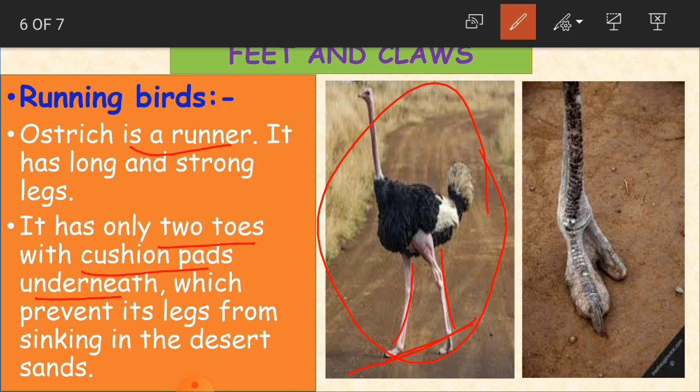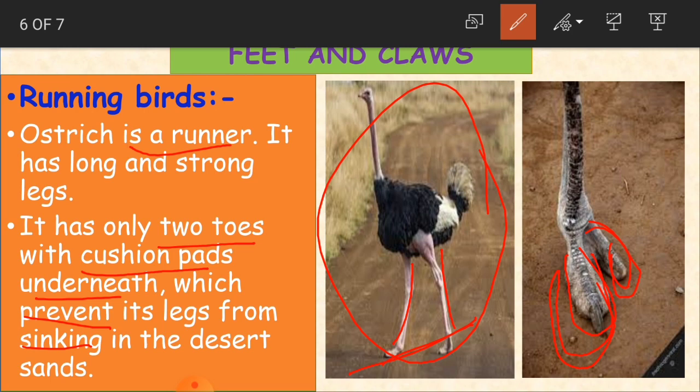So here also, cushion pads are nothing but a soft material which is used for support. It has some soft material, which we call cushion pads, under the toes. So this is going to prevent its legs from sinking in the desert sands. Prevent is nothing but stopping.